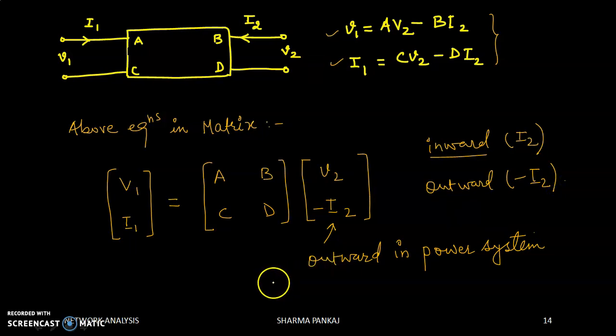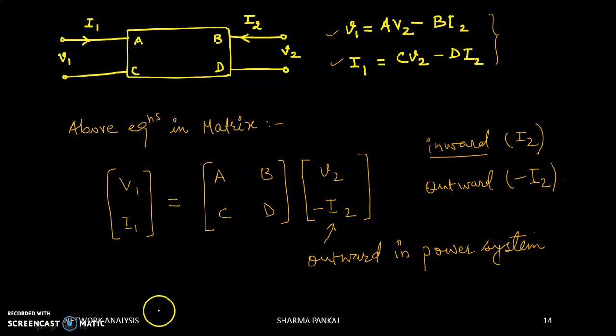Now let us understand how to find the A parameter, B parameter, C parameter, D parameter, that is, the ABCD parameters. You must have observed that we have done open circuit and short circuit in Z parameter and Y parameter respectively and calculated Z11, Z12, likewise Y11, Y12, and on a similar pattern we are going to short circuit one port or open circuit one port depending upon which parameter to find first.